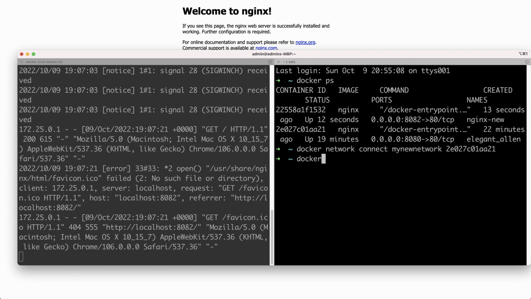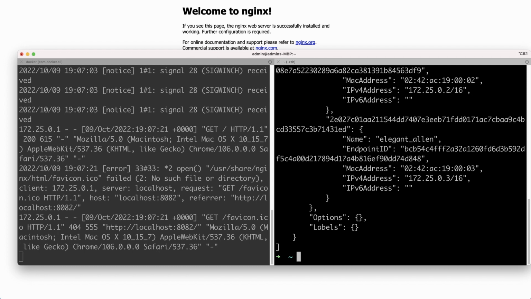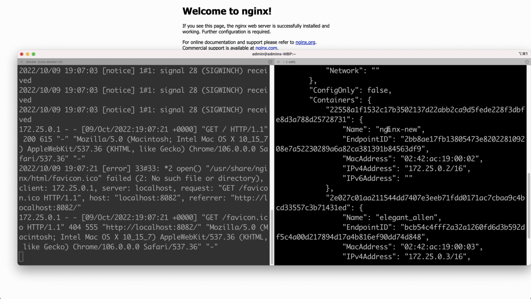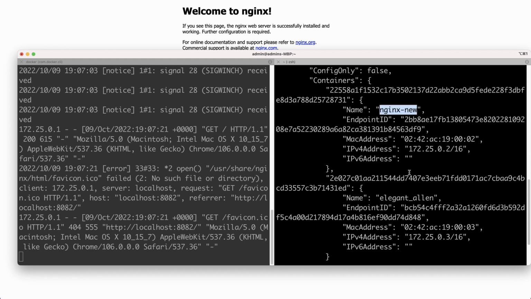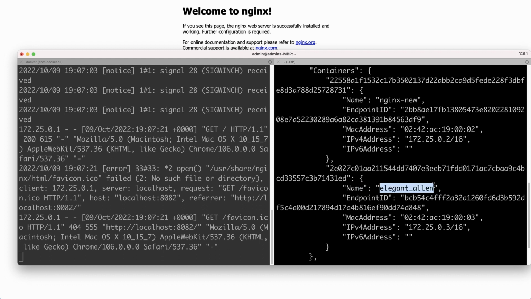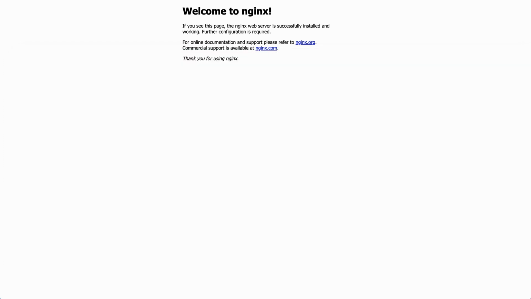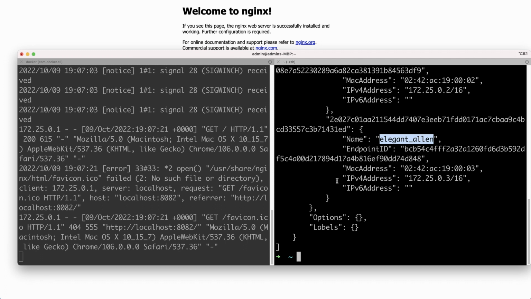and if I run docker network inspect, I can see here that I have 2 containers, the nginx new and this other one that we didn't define a name for, so Docker basically created a random name for us. But this is the container that is running on this port here. Okay. And right now we have these 2 containers running in the same network, which means that we can basically,